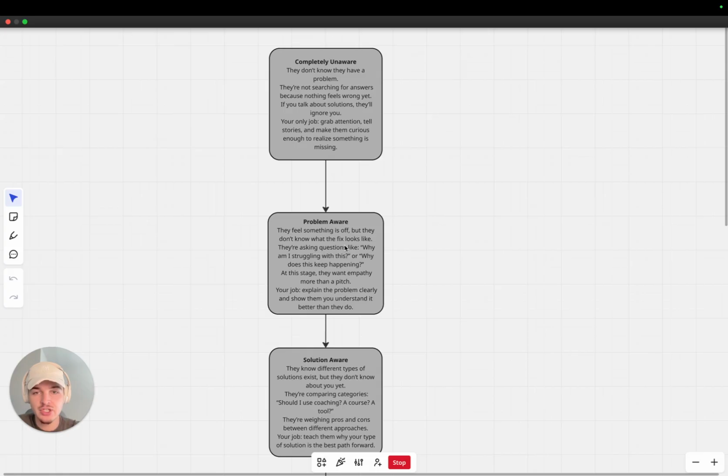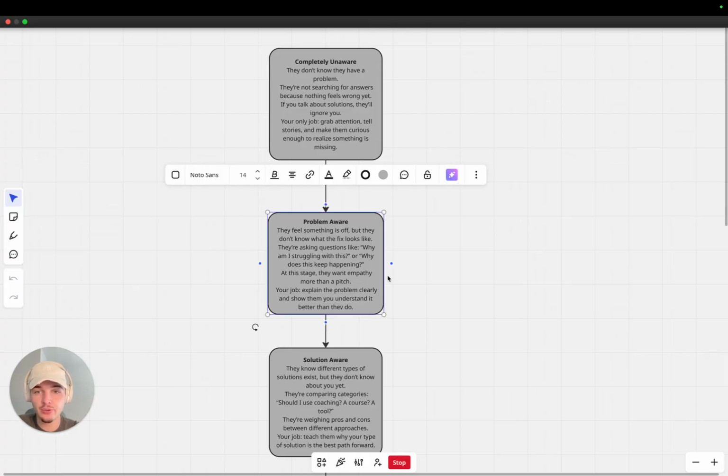The second stage is problem aware. They feel something is off, but they don't know what the fix exactly looks like. They're asking questions like, why am I struggling with this? Or why does this keep happening? And essentially at this stage, what they want is empathy more than a pitch. So your job here is to explain the problem clearly and show them that you understand it better than